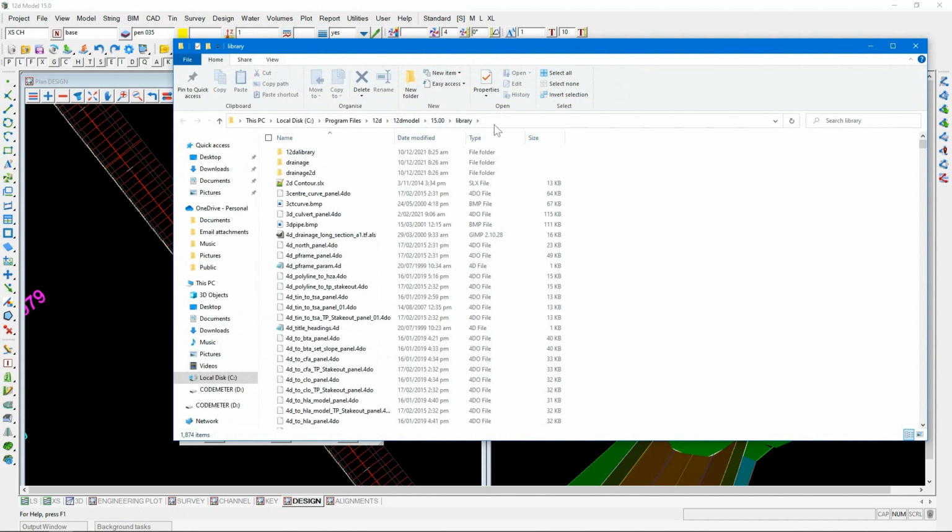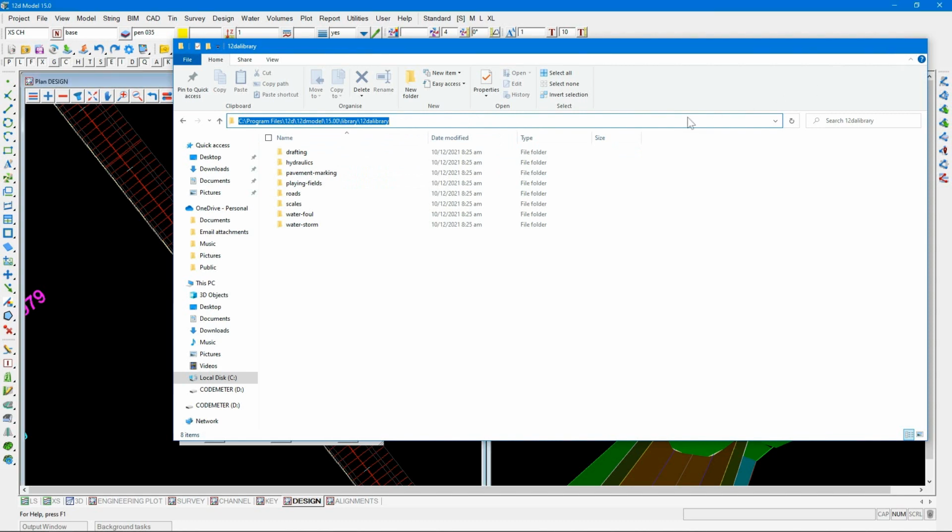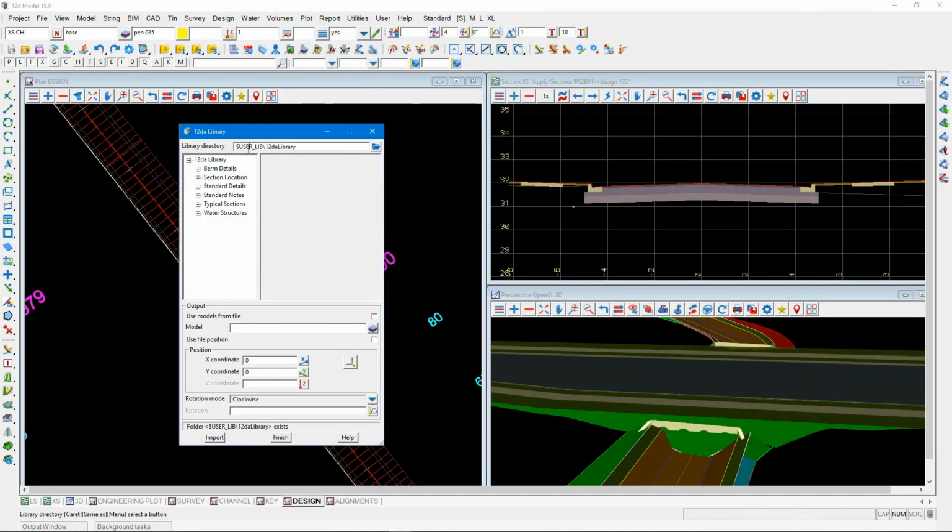So that's the 12D model 15, and you'll see that there's a 12DA library folder there. And under that folder, we have some subfolders. The way the 12DA library works is it looks for the subfolders and any 12DA files or 12DAZ files underneath. If I just copy that path there and close the Explorer, and I'll paste this path into the